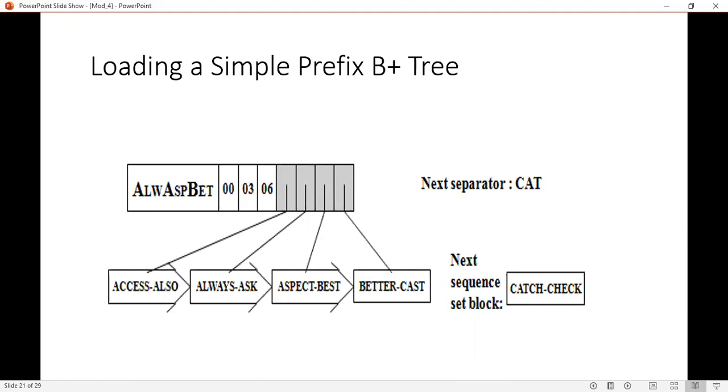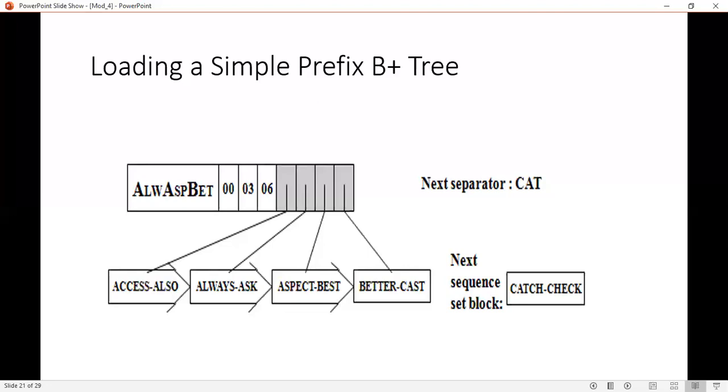Next, the next sequence set block consists of a set of terms ranging from catch through check, and therefore the next separator is cat, which is shown to the right side of this figure. That is the next sequence set block, and the separator is cat there. We need to start a new index block now.